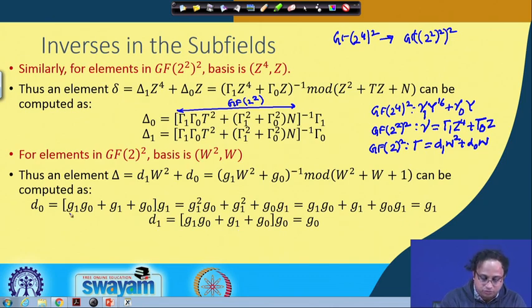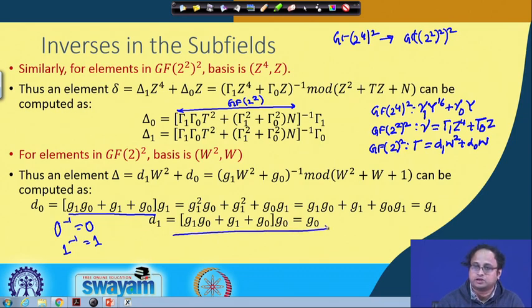Okay. And in GF(2), any element's inverse is itself, because the inverse of 0 is defined as 0 and the inverse of 1 is also defined as 1. So you can actually ignore these inverses in the smaller field, and with some simplifications you can see that you will get D0 and D1 as shown here. So you see that it is very simple in this field, because essentially you are just writing D0 as G1 and D1 as G0. So, basically the inverse in this field is actually kind of free. There is no computation that you need to do.